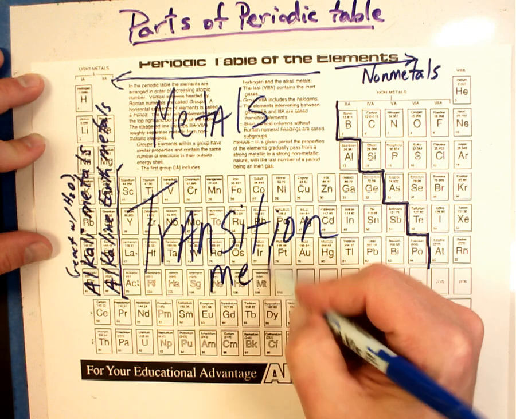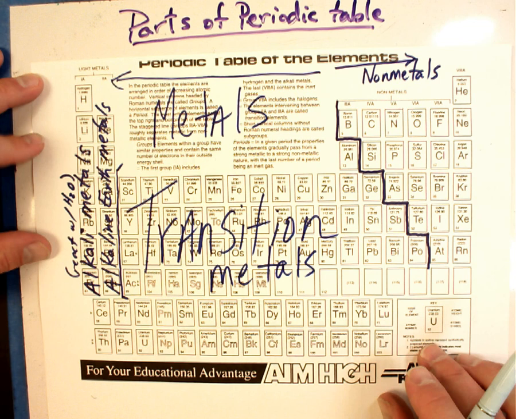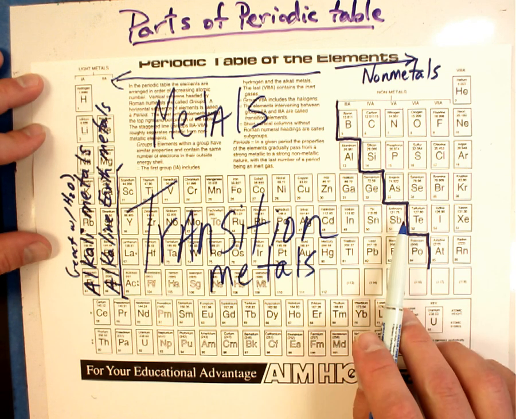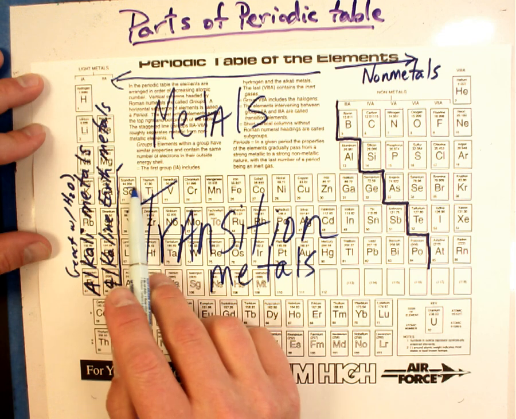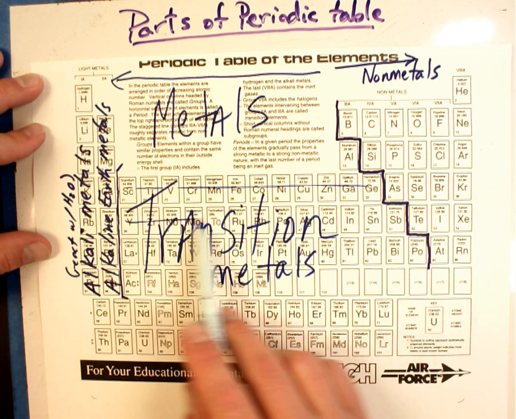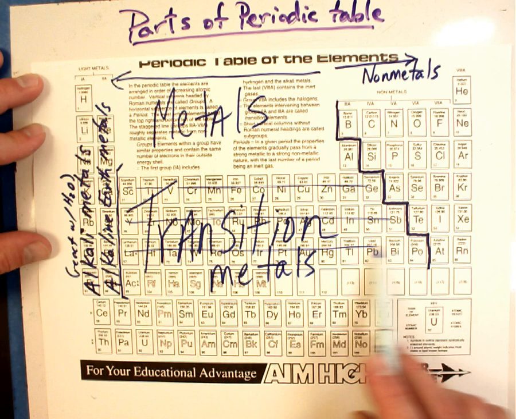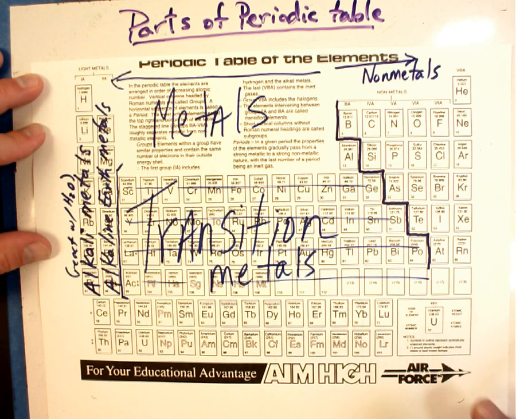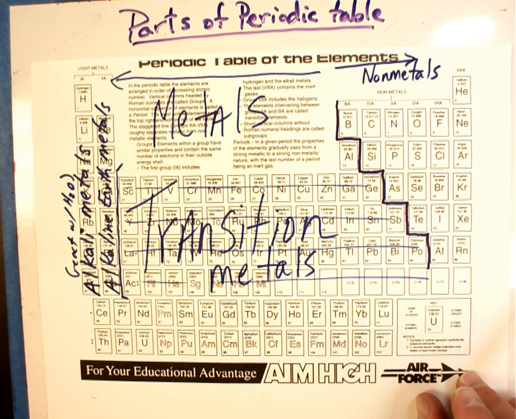Transition metals. Now, the reason I drew that line is because everything from the line to the stairs, so that means it's this line, and this line, and this line, and this line. Those are all the transition metals. Transition metals are going to give us a problem in the year because they don't follow all